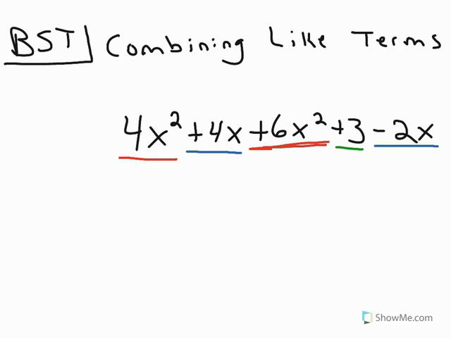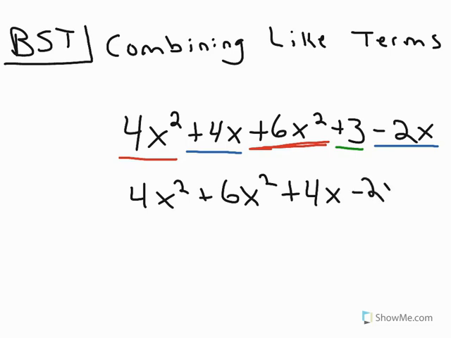Alright, so again, I'm going to use my commutative property and make this 4x squared, bring the 6x squared next to it, plus 6x squared, plus 4x, minus 2x, plus 3. Now this is where it's important to remember the sign, because if you don't bring down that minus with the 2x, then you're going to mess up and it's going to cause problems in the long run. So we have our x squareds, we have our x's, and we have our 3.